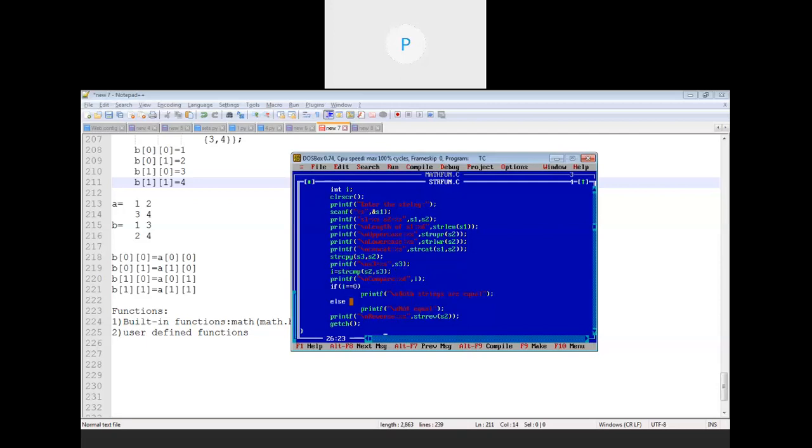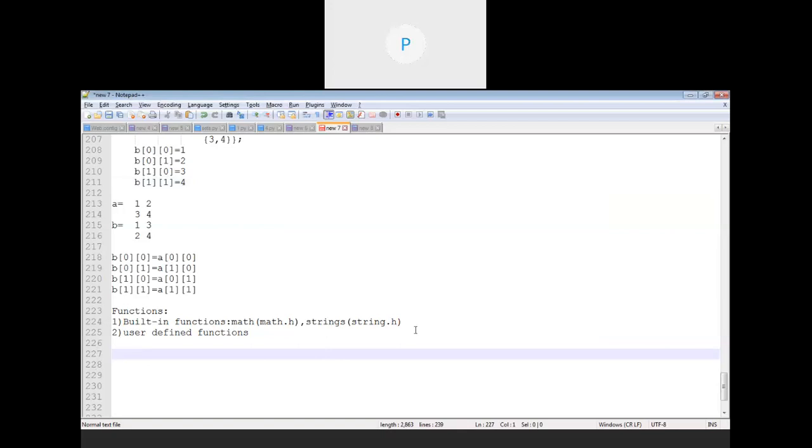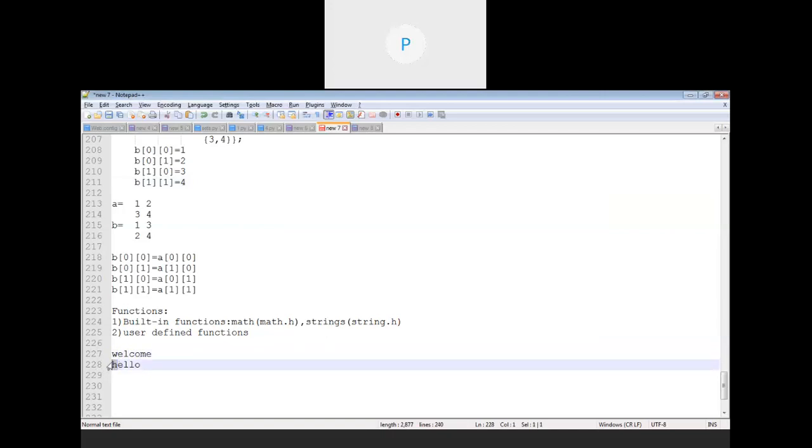Now, how exactly are these strings compared? Generally, for string comparison they use one logic: every character of our string will first be converted into its ASCII or Unicode value, and then it will subtract those values. Like if I have taken welcome and say hello, first the ASCII value for W is taken, the ASCII value for H is taken.